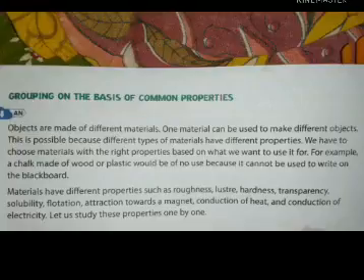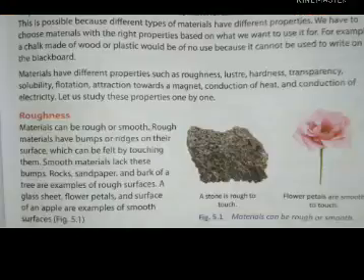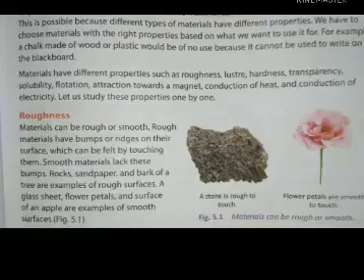We are going to now study these properties which I have just told, one by one. First we are going to read roughness. Now as you can see in the picture, a stone is rough to the touch, whereas the petals of this rose flower are smooth to touch. So materials can be rough as well as smooth. Rough materials have bumps or ridges on their surfaces which we can feel by touching them.